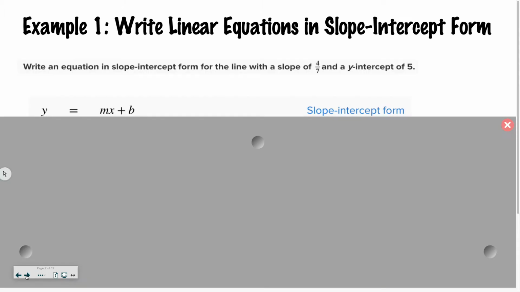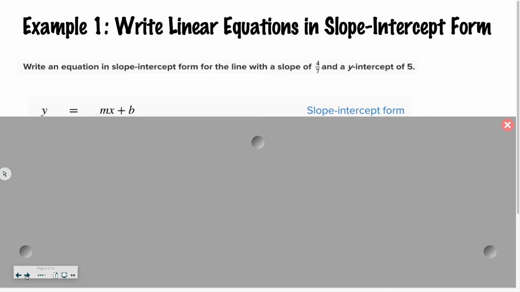Let's practice writing linear equations in slope-intercept form. So we did this a little bit last year, so hopefully this looks a little familiar, but if not, no worries. Hopefully it will come back to you and click. All right, so write an equation in slope-intercept form for the line with a slope of 4/7 and a y-intercept